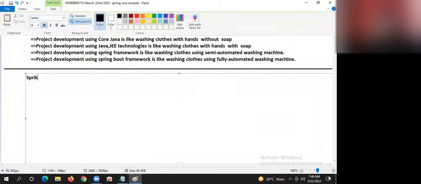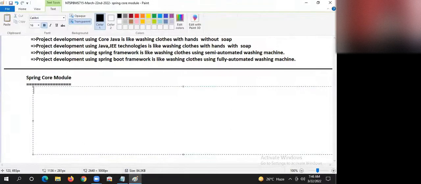Shall I start the Spring core module, guys? Yes, guys. It is the base module for other modules.